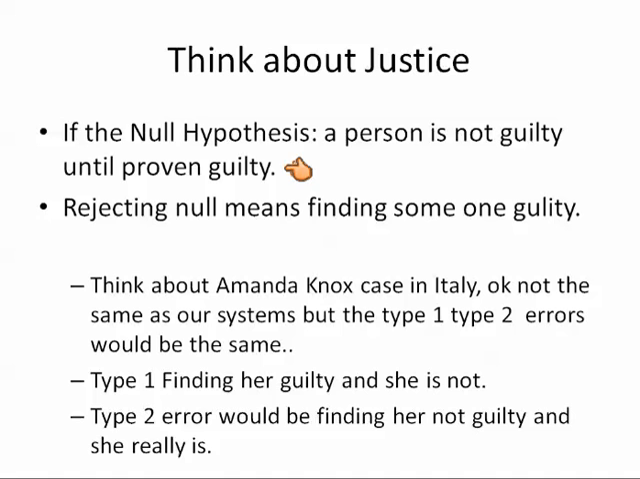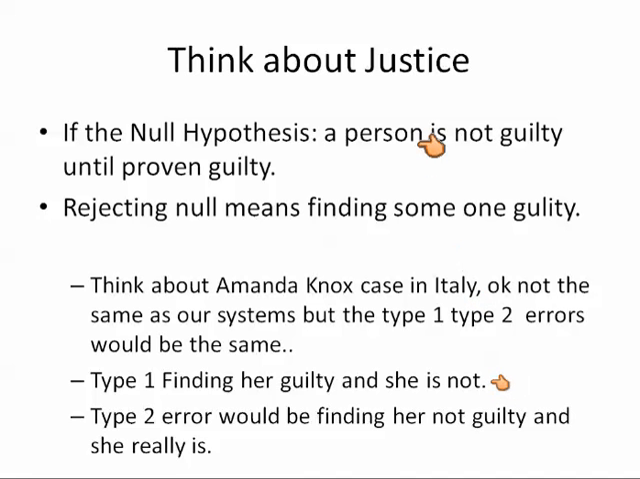Okay? Now, think about the justice system. If the null hypothesis is a person is not guilty until proven guilty, that's the way our justice system is based. Rejecting a null means finding someone guilty, right? Because you rejected that. So let's think about the case that's been very popular on TV recently, the Amanda Knox trial. She's from Italy and she was accused of murder, and they found her guilty, then they found her innocent, and then they found her guilty. Okay, it's Italy and their systems are not like ours, but the type 1 and type 2 errors are the same type of thing. So if they go through a trial, the type 1 error is finding her guilty and she's not,